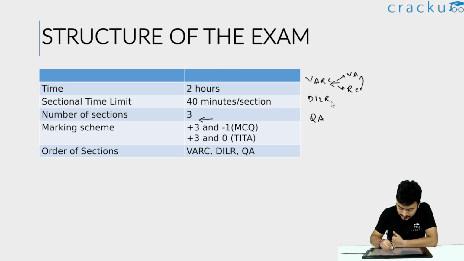So this section is considered the toughest section of CAT because this is the section where CAT has been continuously improving the standards of the section over the years, and over the years it tries out something new, which results in a lot of students not getting a lot of marks in this section. So this DILR is mainly about puzzles